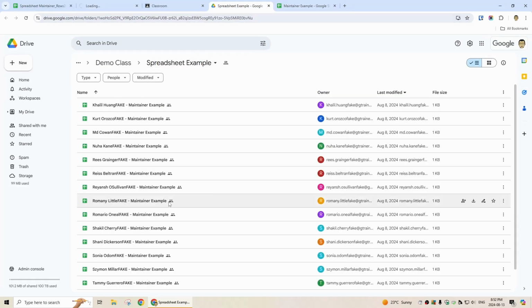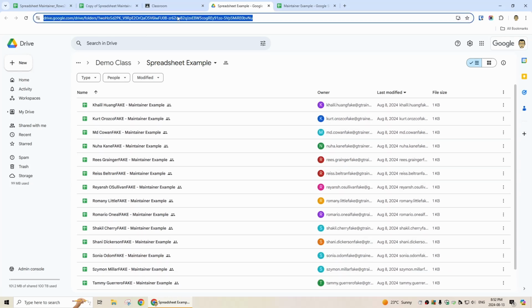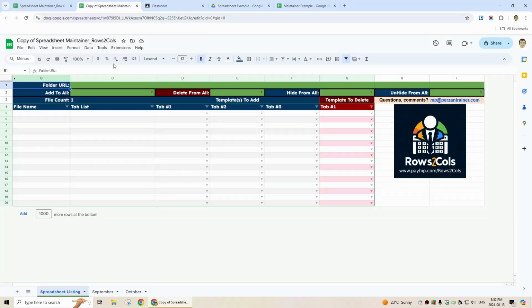So here is the drive with all these made. You notice they all have their names, which is kind of nice. If you're going to do this manually and share it, I suggest you put the names into the titles. It just makes life a lot easier. Just waiting for this to pop up. Once that's in there, we know that this is perfectly copied. Take the URL for that link, plunk it in there,